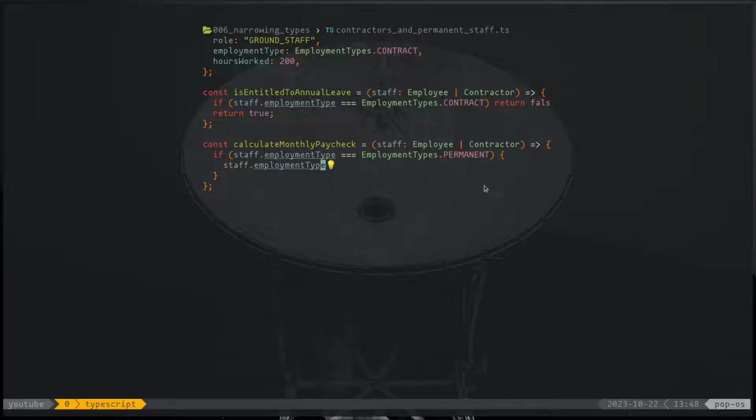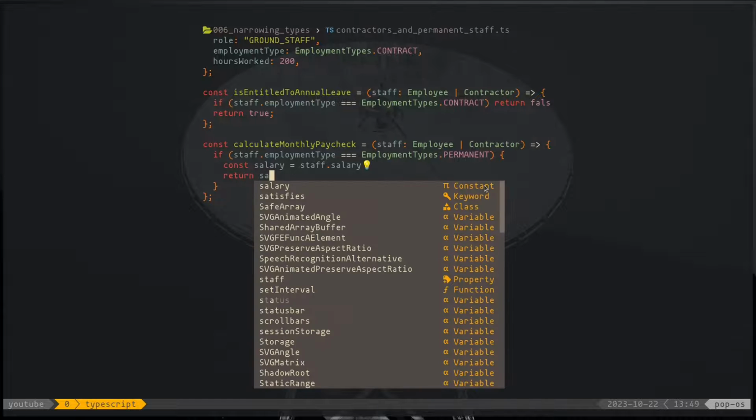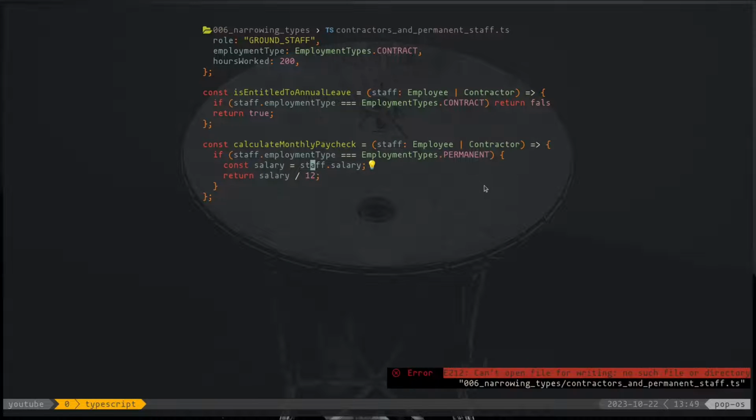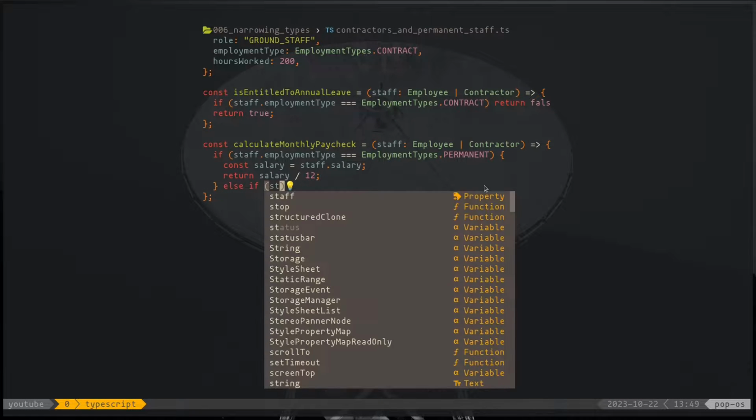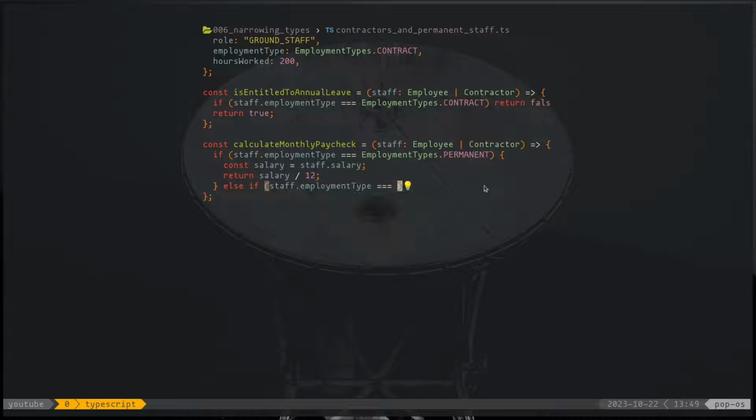Otherwise, so let's just finish our work here. So we can just say, what's the salary? The salary is staff salary, and then we can simply return the salary divided by 12 months. That's fine. But now let's say we need to check in the case of the staff.employmentType is equal to